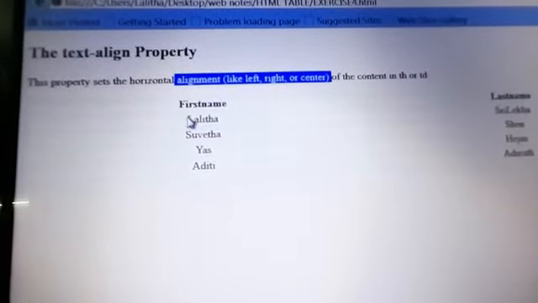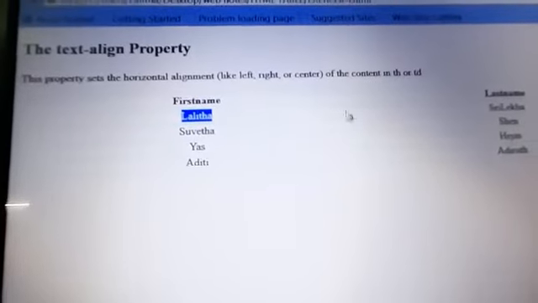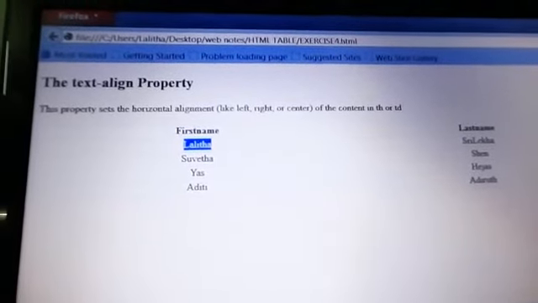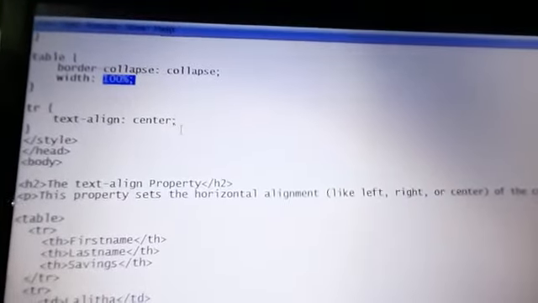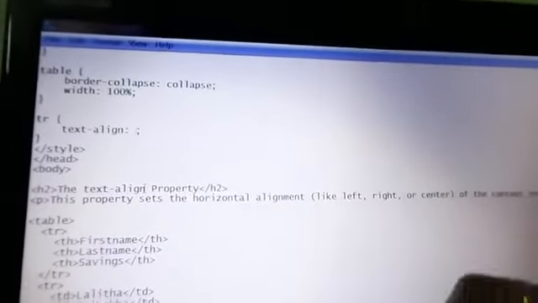The contents are added in the center. So how to add the content on the right side of the td or th? Just remove the center there and type right.